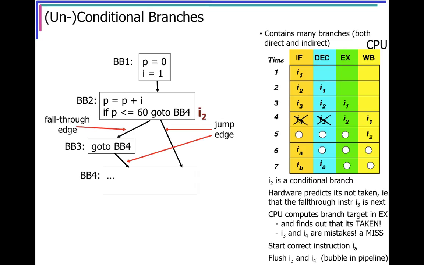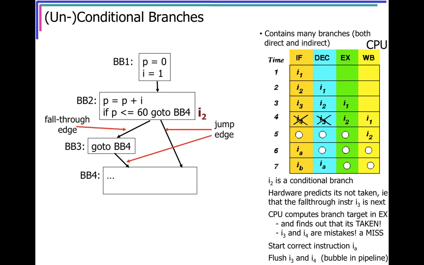A conditional branch, if it doesn't satisfy the condition, will just fall through to the next instruction. So on every conditional branch, the next instruction is unknown until we're able to determine the outcome of the condition. Okay, similar for unconditional branches, which are also called jumps, as in basic block 3, BB3,